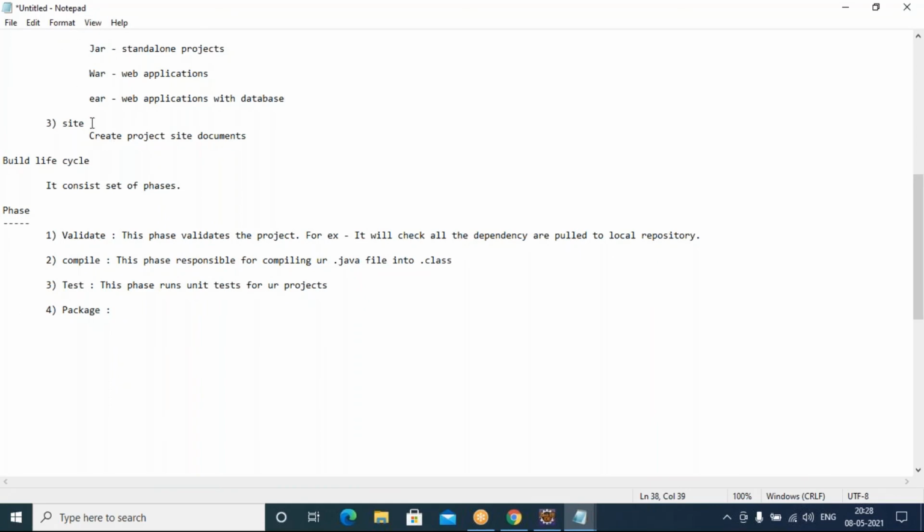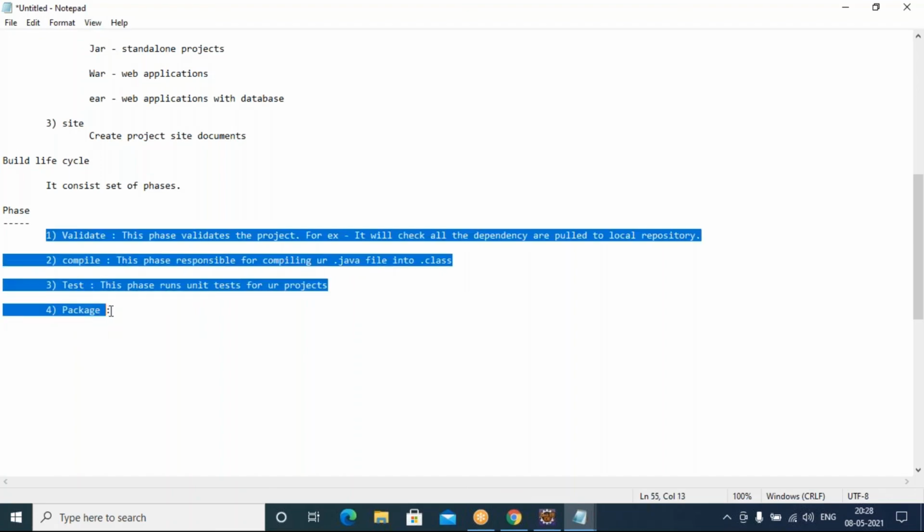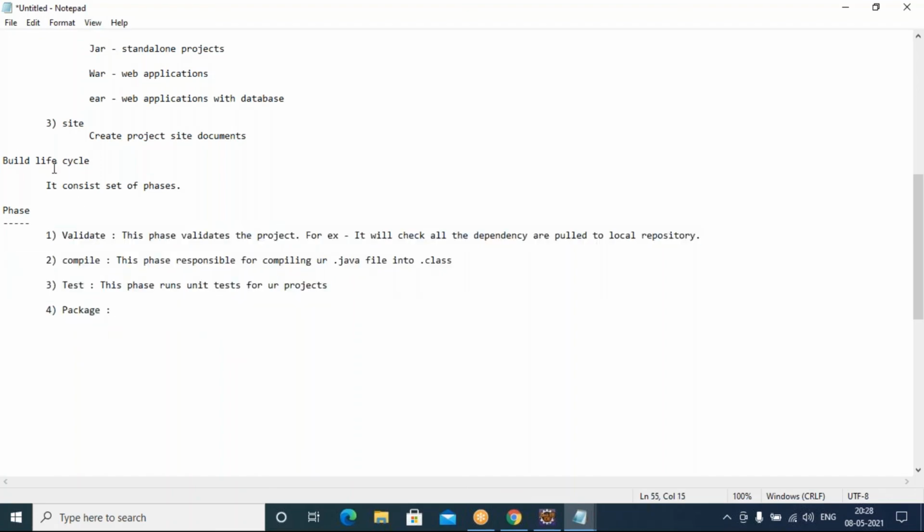We are going to see practically how these phases will work, and the build lifecycle consists of these phases. Each lifecycle has its own phases. I'm going to talk about that in a minute.